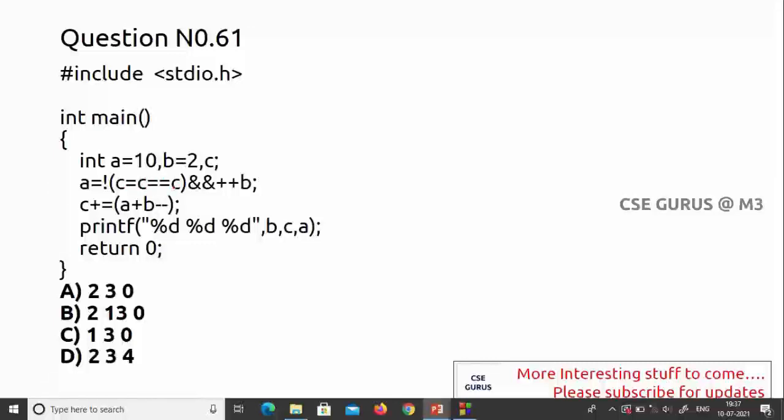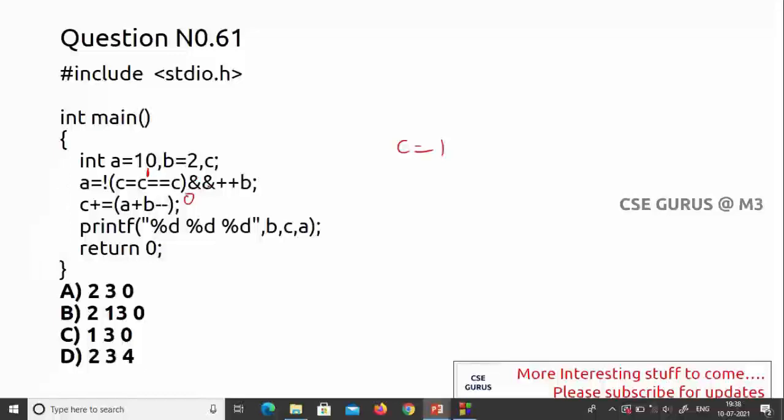So I told you first the relational. So what is c value? Nothing is given but some garbage value. See, whatever the garbage here is taken, definitely the same will be taken here, right? So anyway I didn't assign anywhere. So some garbage equals to garbage, both will be same, that's why it returns 1. So now c value will become 1. So I'll write here c value will become 1. Now not of 1. Not of 1 means its entire will become 0, right? So this entire will become 0.